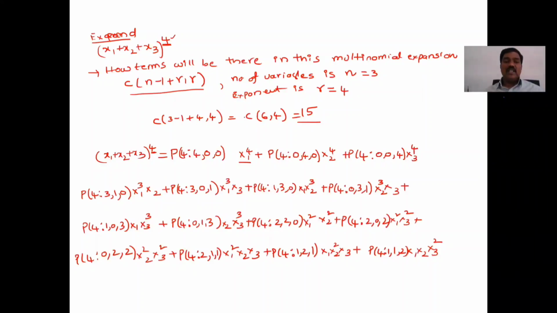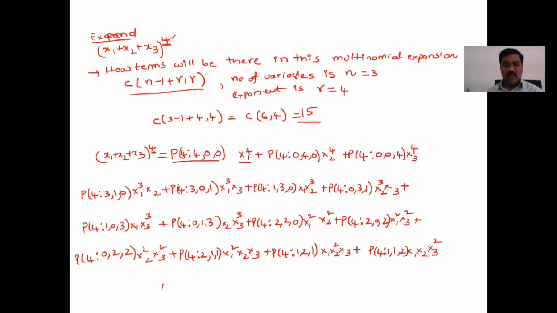Okay. So expand. This is over. Anyhow, if you want to calculate this value, you can calculate later. But as the first answer, please write down this answer as it is. Then you can calculate these values. Like for example, P of 4 colon 3 comma 1 comma 3 comma 1 comma 0. What is that value? You can calculate and you can substitute. That's fine. But at least write down this, or you can leave it here. Okay. So expand, let me give another question.